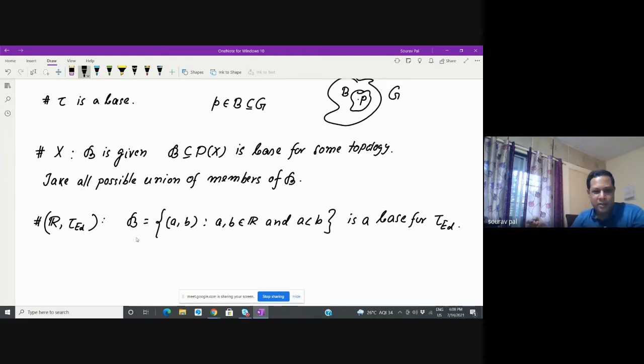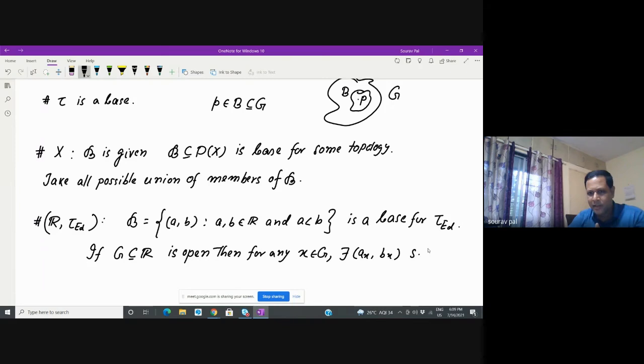Because given any open set in the real line and given a point, why? If G, a subset of R, is open in the Euclidean topology, then for any x belonging to G, you can find an open interval, say (a_x, b_x), such that